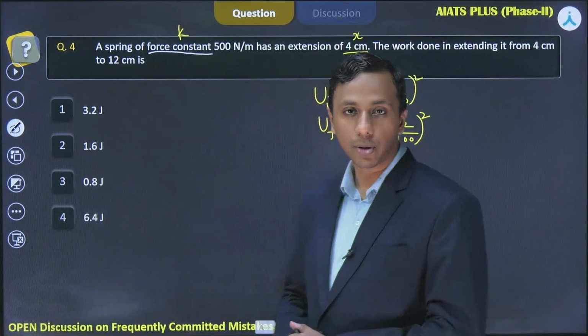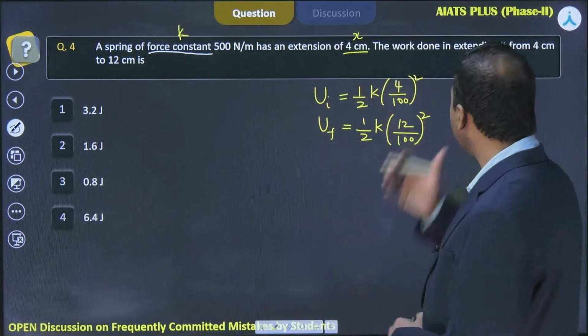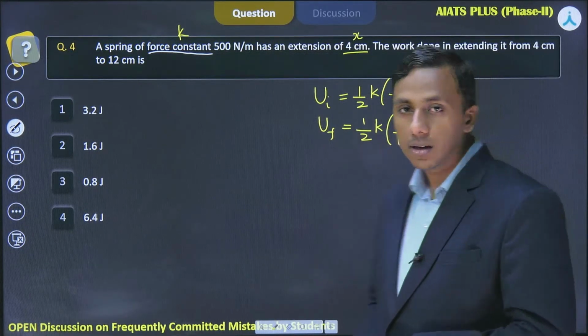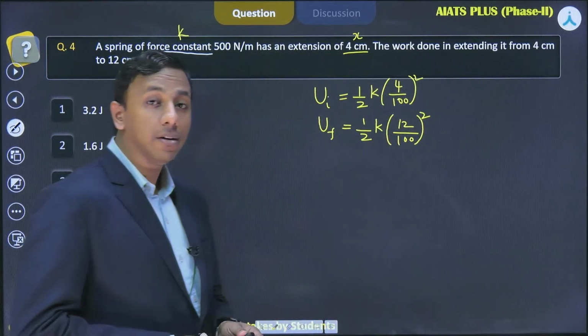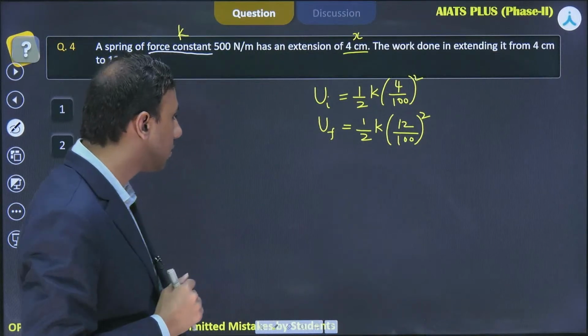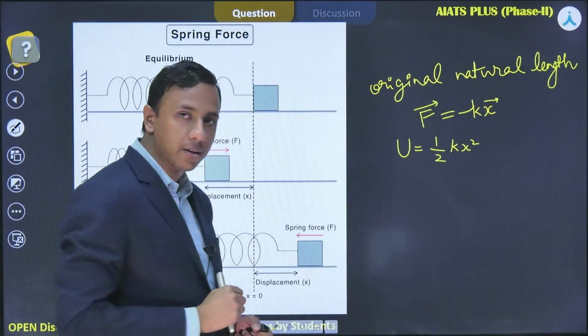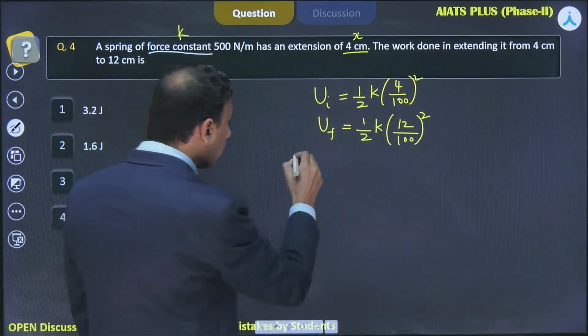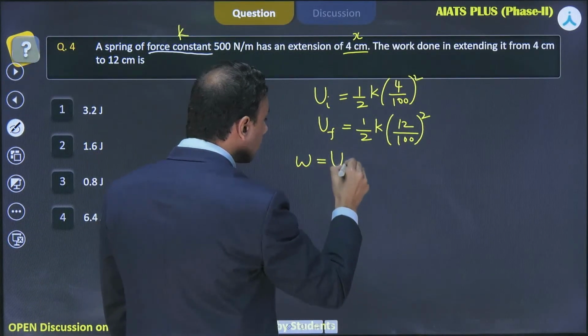Okay, and what are they asking? They are asking the work done in this process, right? The work done, and who is doing this work, by the way? We are the ones who are doing it, right? We are trying to pull the spring towards right, isn't it? We are pulling the spring towards right, okay, and the restoring force is towards left. So anyway, the work done, we can write it as,